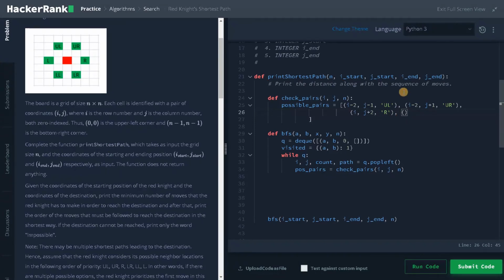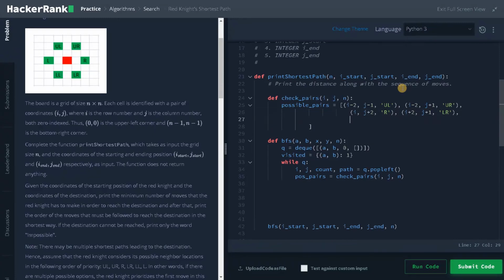What is the coordinate for lr? That is i plus 2 and j plus 1. That will be lr. And after that we have ll. ll is i plus 2, j minus 1.